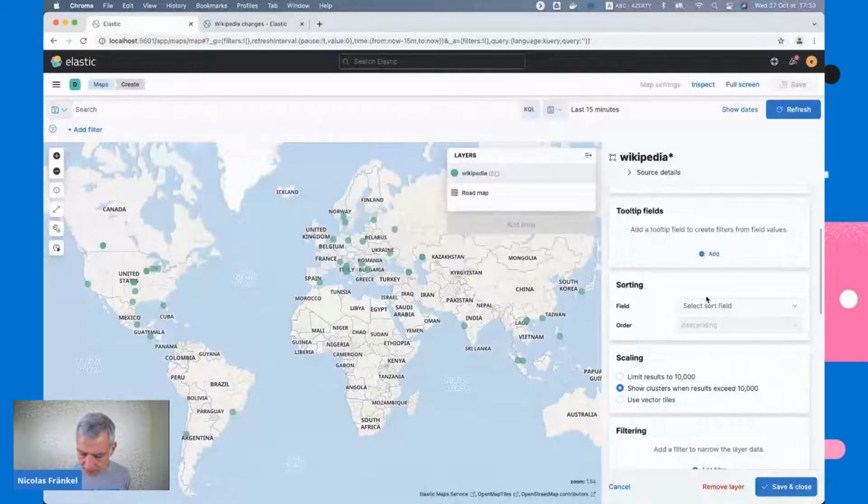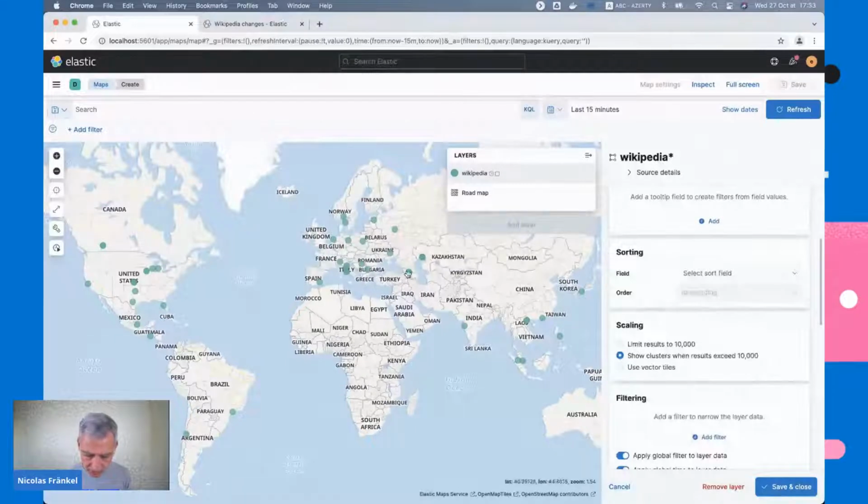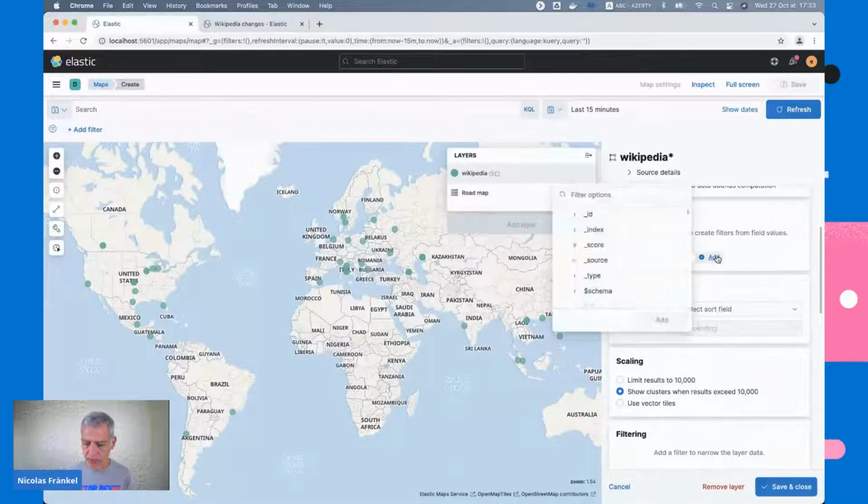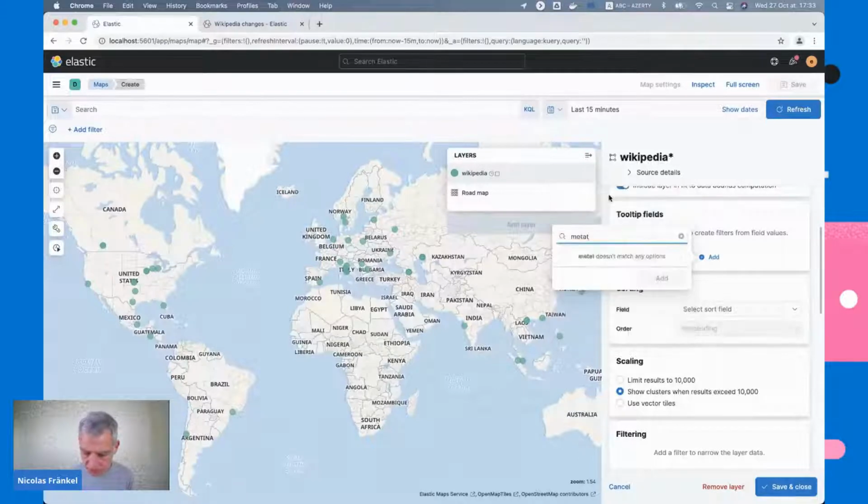And now what I want to do is when I click somewhere, I want to have some data points. So what I had before on my discover stuff, I want to edit now. So I add meta URI.